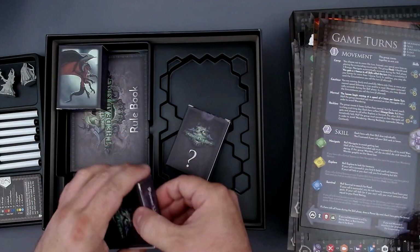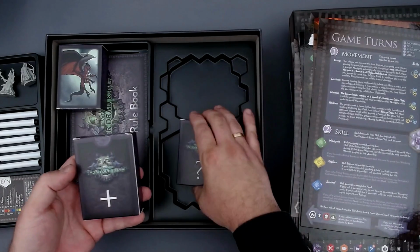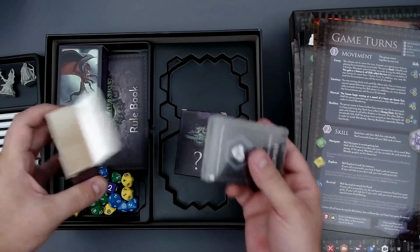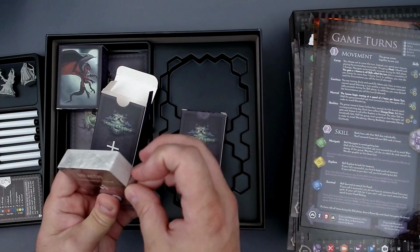The power up deck. We can probably take a look at this. Oh, these just have symbols here. Okay, that's a pretty interesting design choice to just put these symbols there instead of writing it out. It's at the top. Yeah, okay. And here there's the power up deck. I think we can take a look at that. That shouldn't